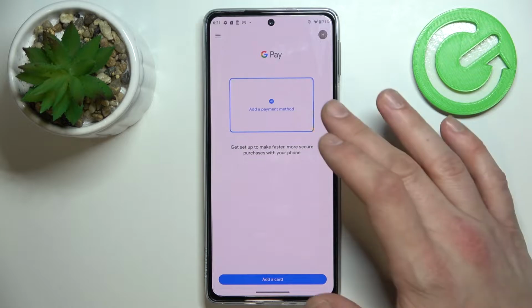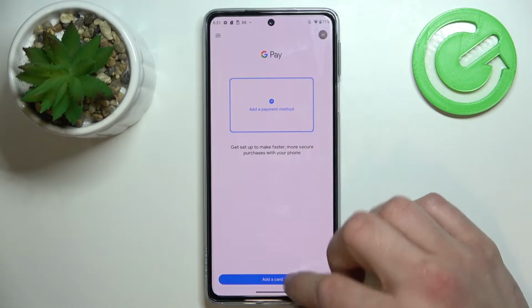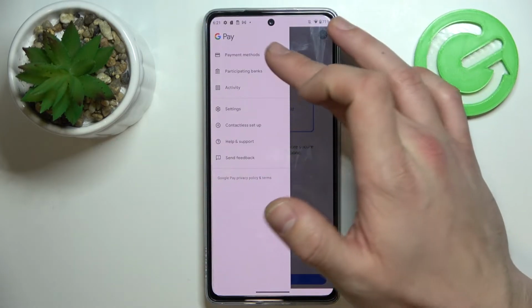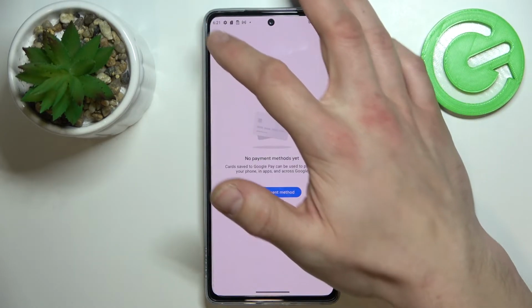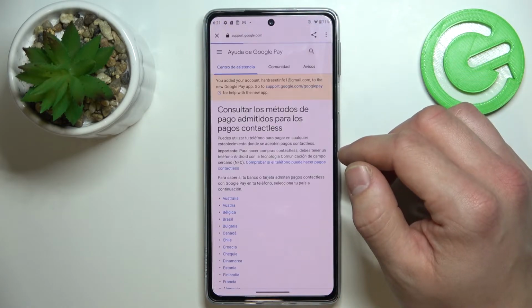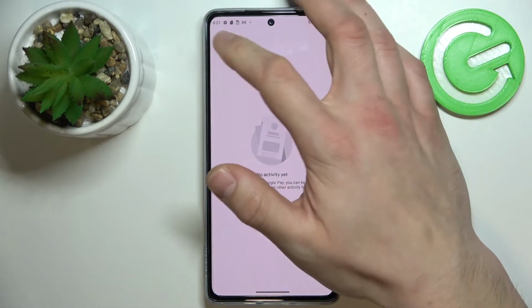And as you can see, this is the homepage of this app. From here you can add payment method or different types of cards. If you tap right here, you got access to all of your payment methods, full list of participating banks, your full activity,